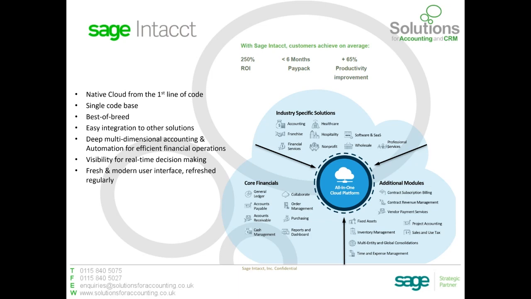There are systems for managing your vendor payments, there's systems for managing your project accounting, and one of the flagship modules, if you like, from Intacct is the contract subscription and billing module. And what that does is allows you to manage primarily the accounting side of your contracts. So the line items on the contract and how you are billing those, whether it's all up front at the start of a contract, whether it's periodically through the contract. The system can handle different percentages at different times. It doesn't have to be straight line.